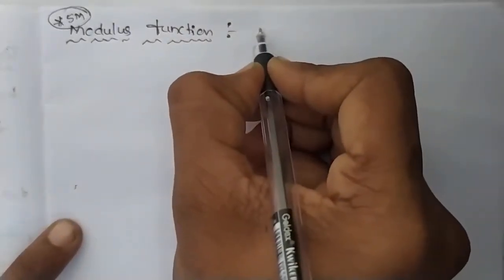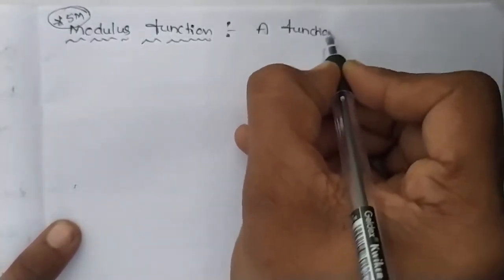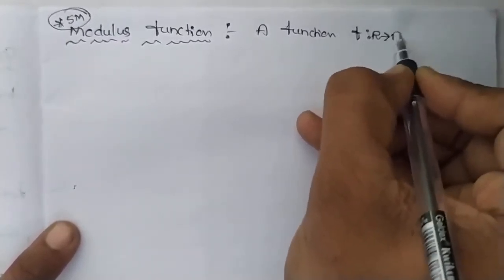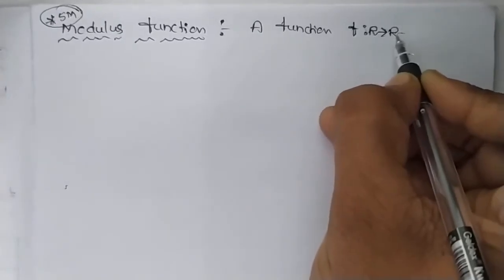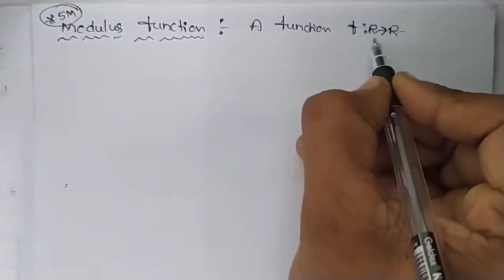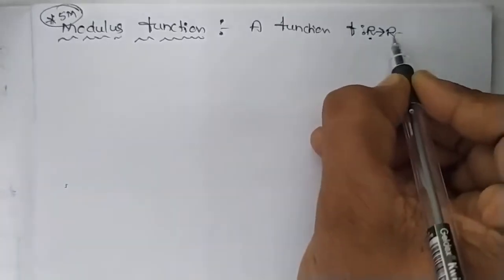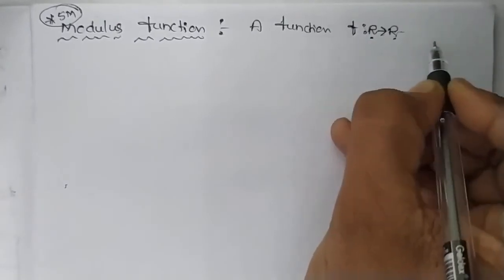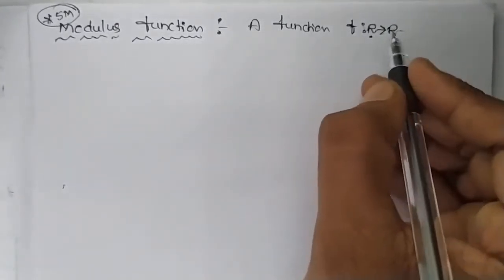Let us define this modulus function. A function f from R to R. R is nothing but the real numbers, and this also represents the real numbers. We know that it is the domain and it is the codomain. We are going to find a range for this function also. A function f from R to R is defined by